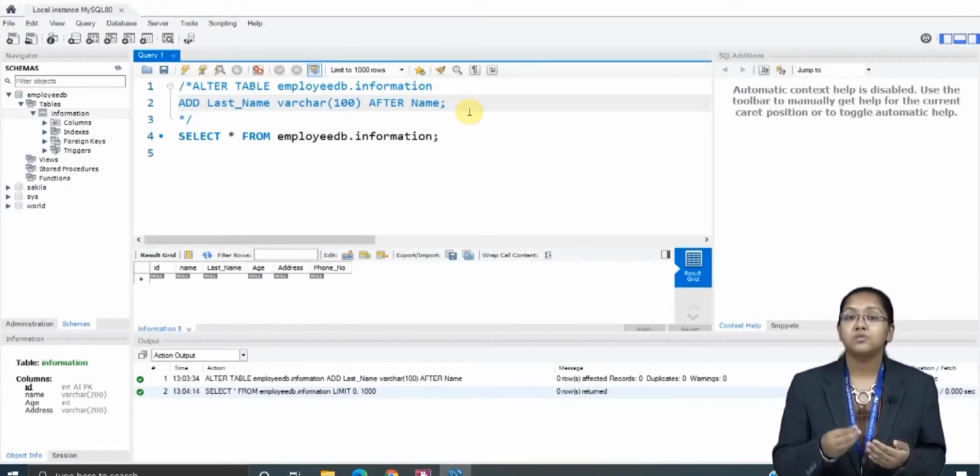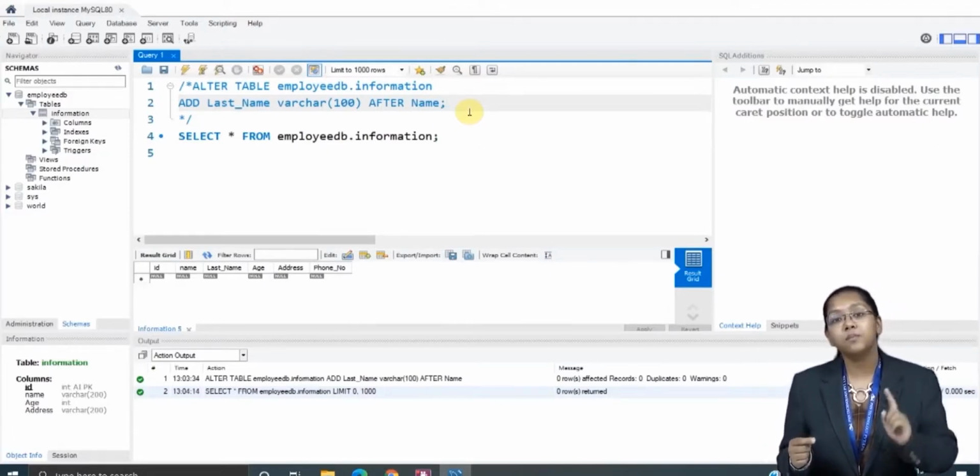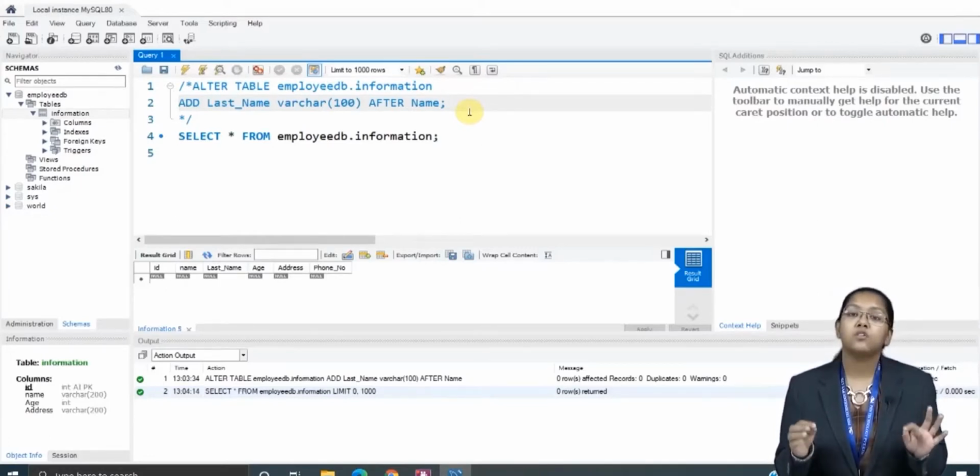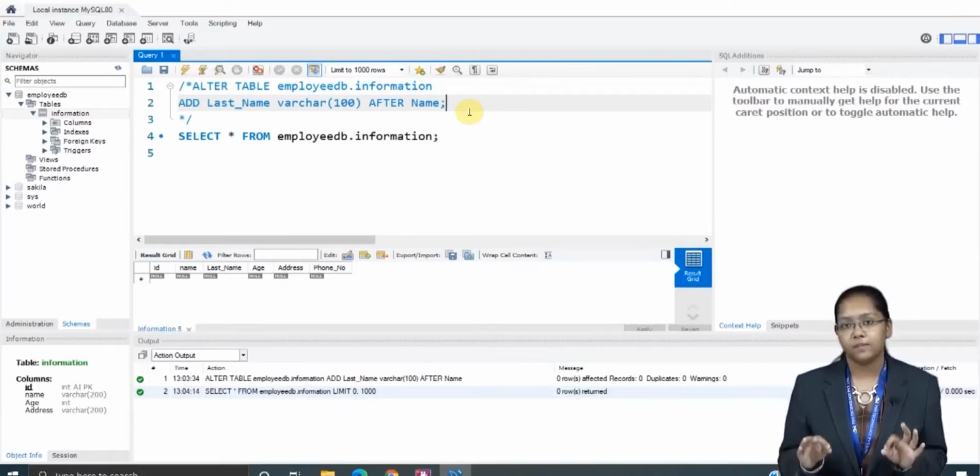So you can add multiple columns in one go, and along with that you can specify the position of your column also. This is how you can use the alter command with the add functionality. This was all about the add functionality.